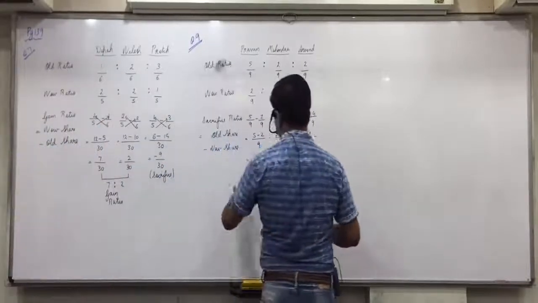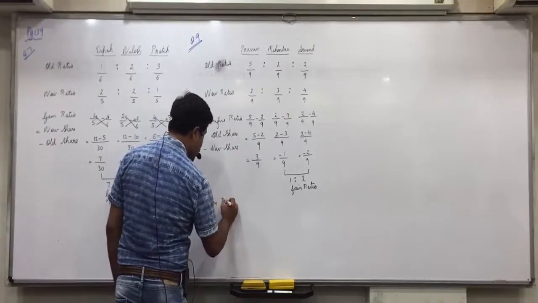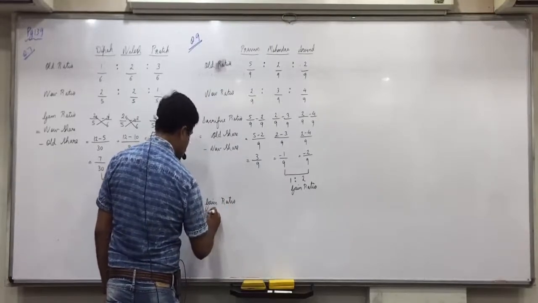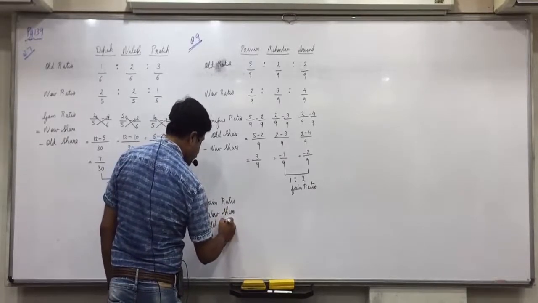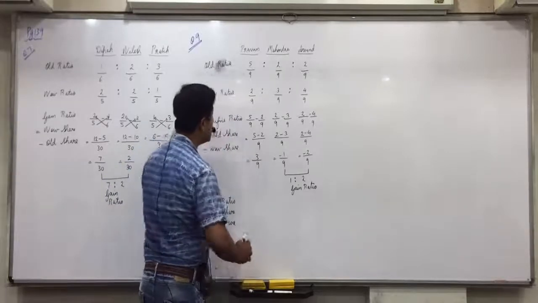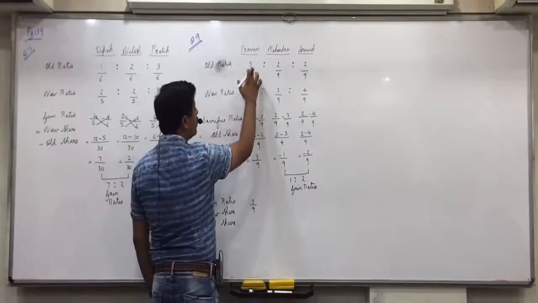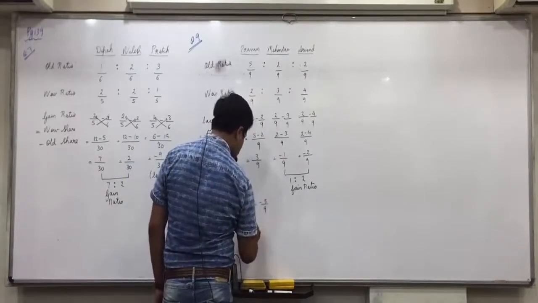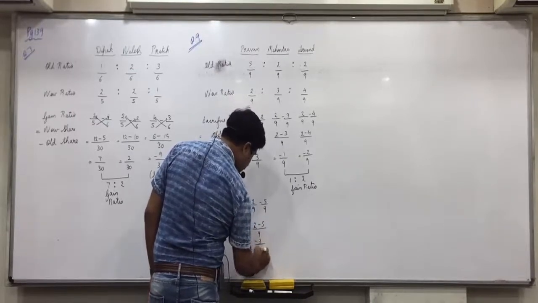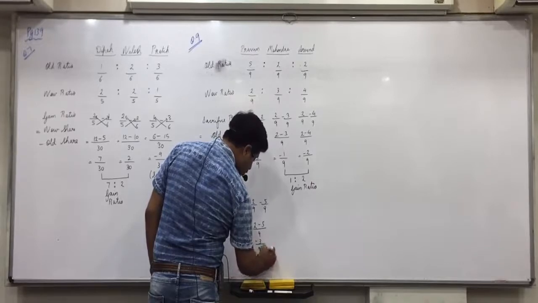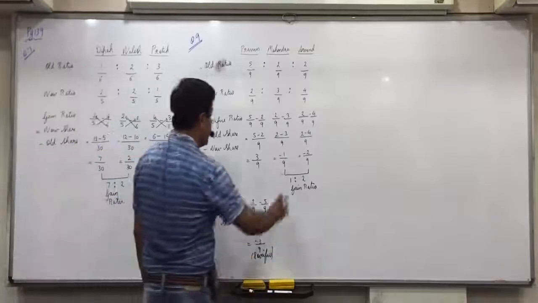Same thing we again have to solve by the gain ratio formula, and we should be able to get the same answer. So the gain ratio formula is new share minus old share, means new share 2 by 9. All of you able to understand this? Minus old share 5 by 9. 2 minus 5 by 9, minus 3 by 9. Negative means? In a gain ratio, negative means it is sacrifice. Able to understand this?